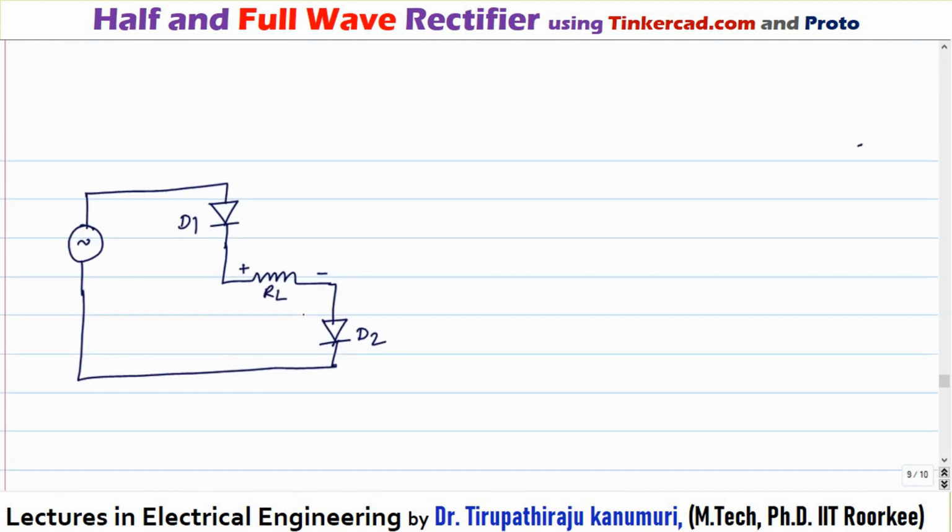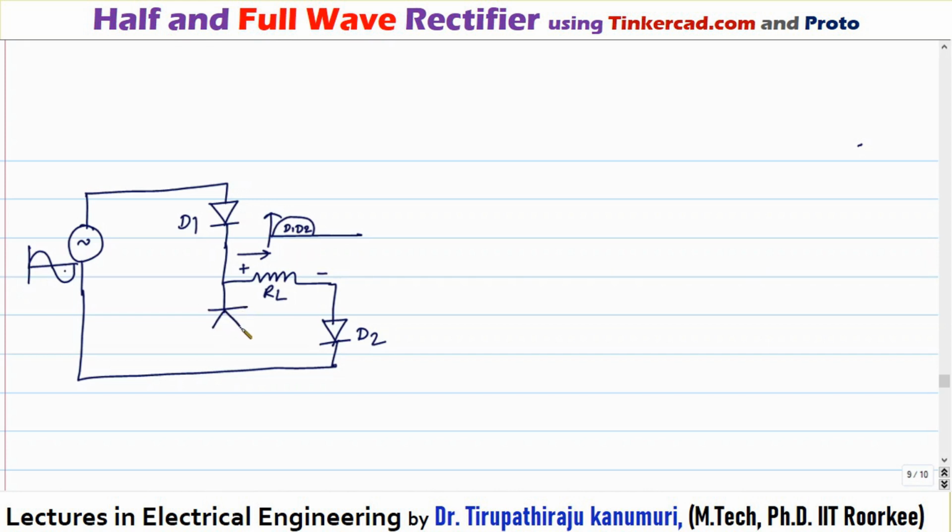I want to combine them in such a way that for both half cycles it will give the positive output only. That means in both cases the current direction will be from left to right only. Because of D1 and D2, the conduction will be like this. This is D1 and D2. So I want to connect other diodes in such a way that even when your supply voltage is negative, during this negative half cycle, it should also conduct in this direction.